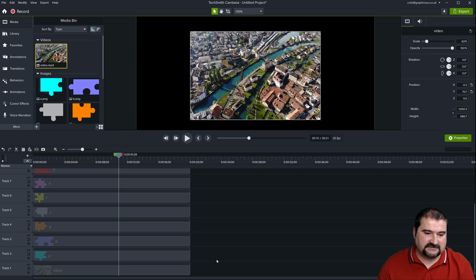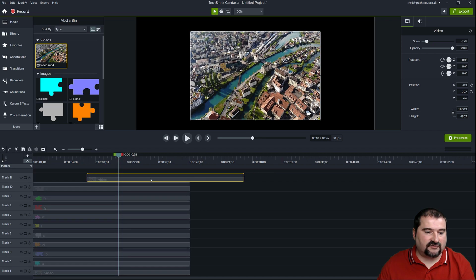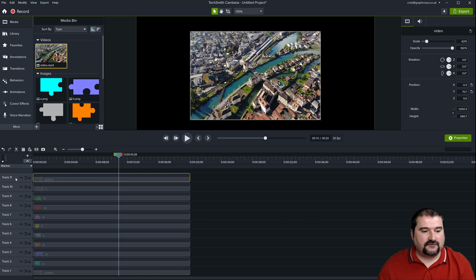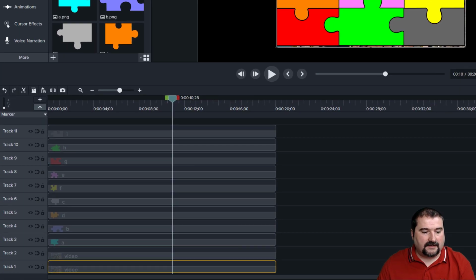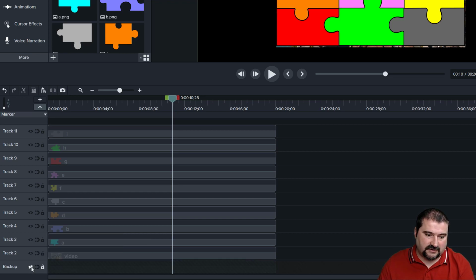Before I do that though, I'm going to make another copy of the video. Copy and paste. You actually don't see it because Camtasia added it on the top frame. So I'm going to move that track, my backup video. Let's double click on the track and call it backup. And I'm going to lock that video using the lock. I'm not doing anything with this video, and in fact I'm going to even hide it. I don't need it right now.